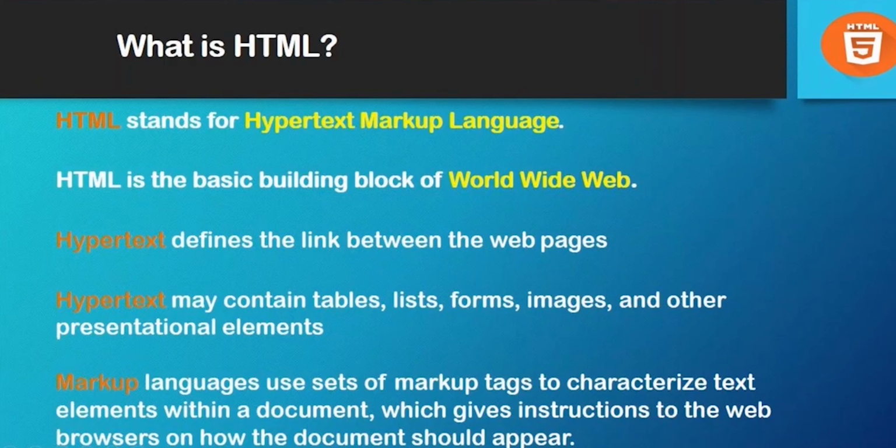What is a markup language? Markup languages use markup tags to give instructions about how elements within the document are characterized. A markup tag means we have open and close braces. I will explain the syntax in the coming sessions. So markup is nothing but the markup tags in HTML. Some open and close tags, and self-closing tags, are available in HTML. These come under the markup language.